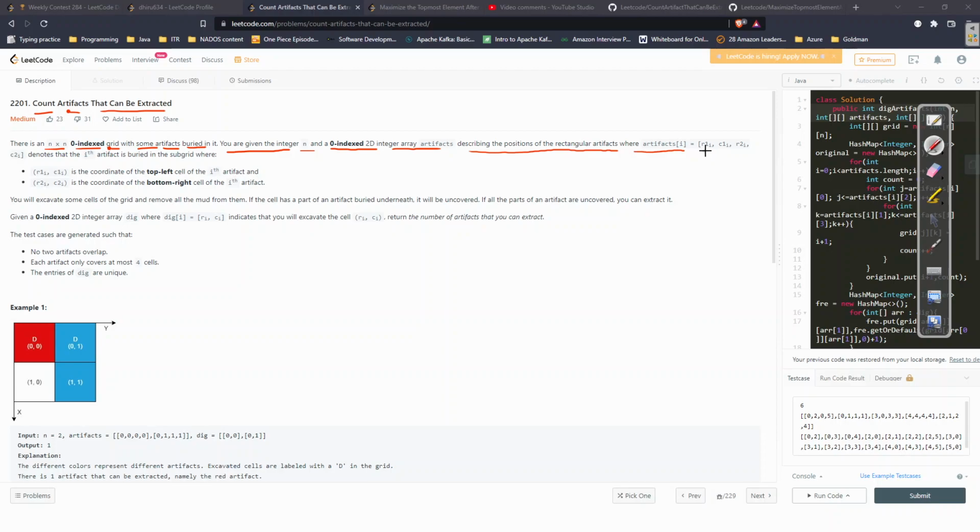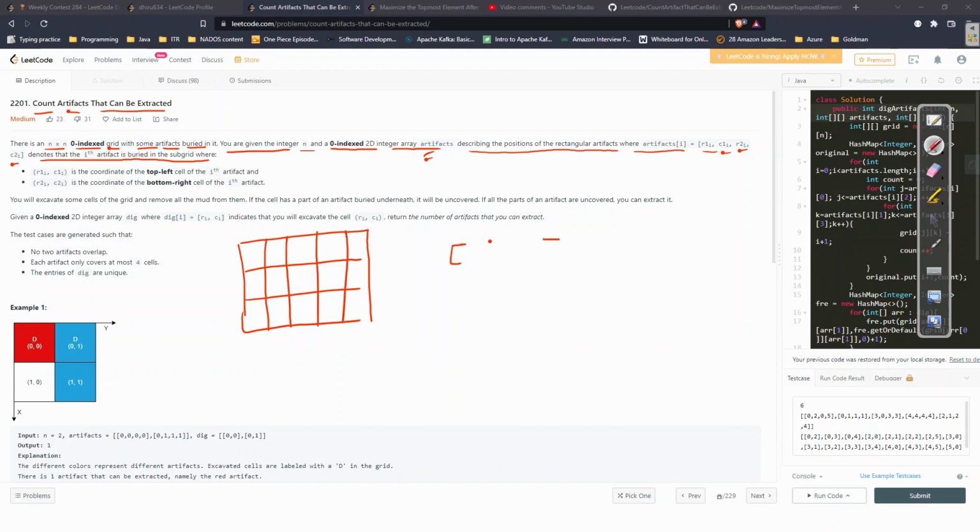Where artifacts[i] equals r1i, c1i, r2i, c2i, which denotes that the ith artifact is buried in the subgrid. Basically, you will be given a zero-indexed grid, and an integer array artifacts, which is a 2D array where each element has four sub-elements. The first two represent the first row and column, and the last two represent the last row and column.